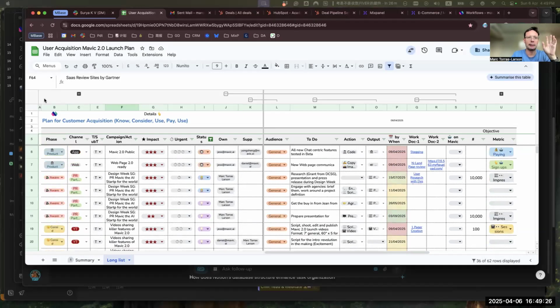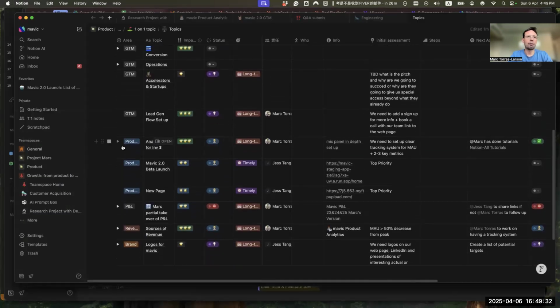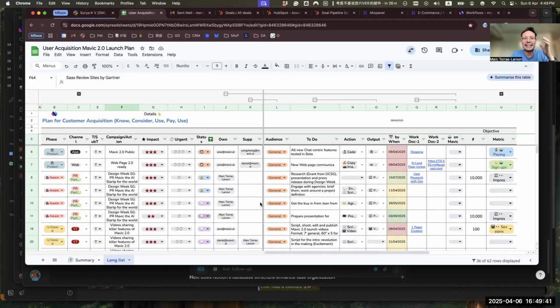I've filtered. I'll explain the columns here. I prefer Notion, just because Notion has a different level of flexibility. You can create subtasks very easily. It's missing on the analytics, but I don't think we need too much analytics. You can create a pivot table afterwards with this. If we were tracking a bunch of numbers behind this, eventually it would make sense, but I'm not sure we're going to be doing that in reality.